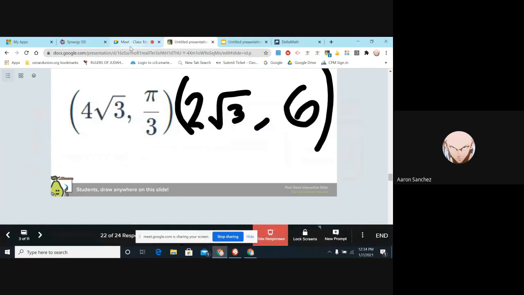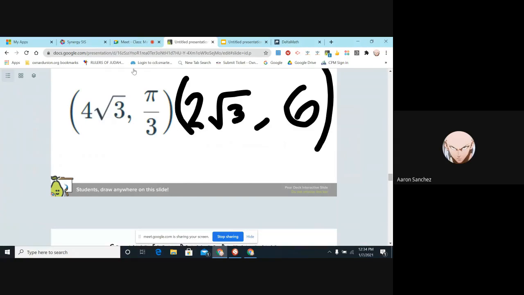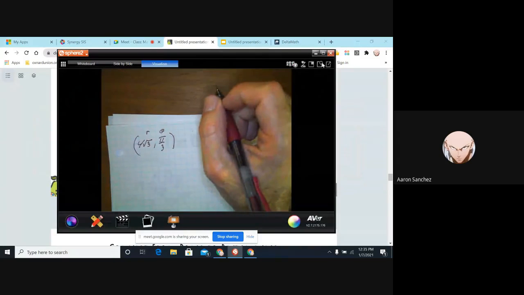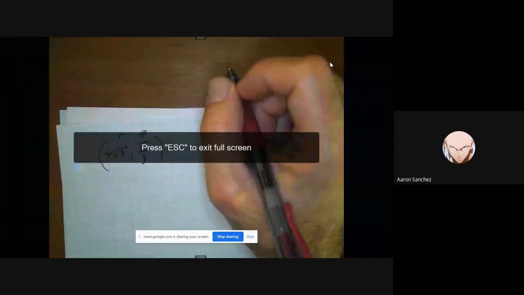Okay. So 4 root 3, pi over 3. I'll show you how we get this answer. 4 root 3 comma pi over 3. Okay. Remember, this is my radius. This is my theta. Boom. Okay, so remember,